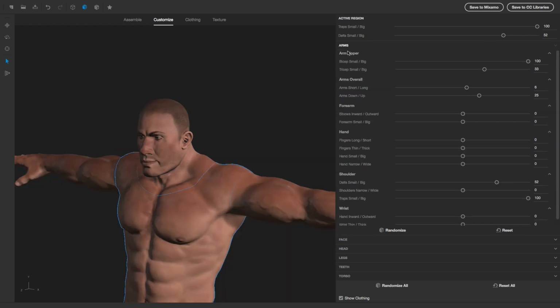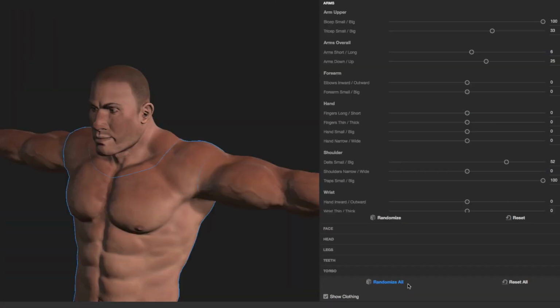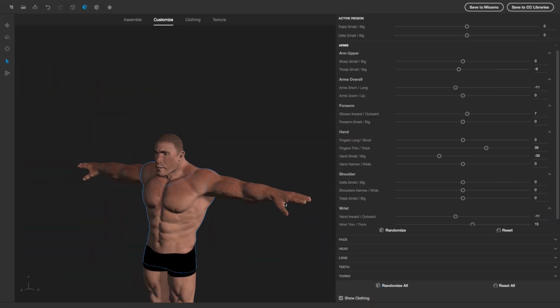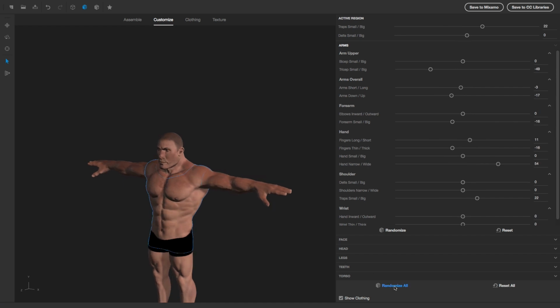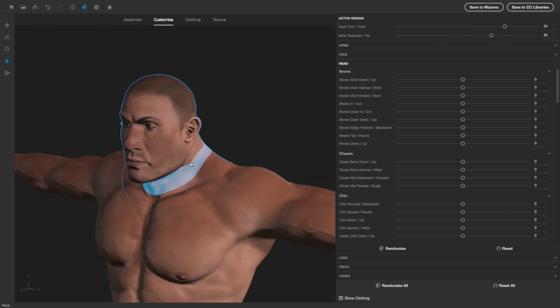You could spend 20 minutes making this something. You could spend hours customizing it. There are also all of these randomized ones. So if you wanted to randomize every single little feature, you can click through it. You can see everything moving and twisting. You could reset them and just work with this sort of thing.